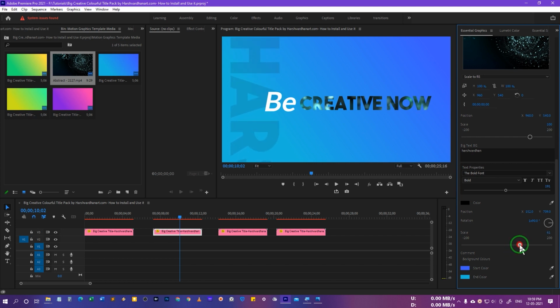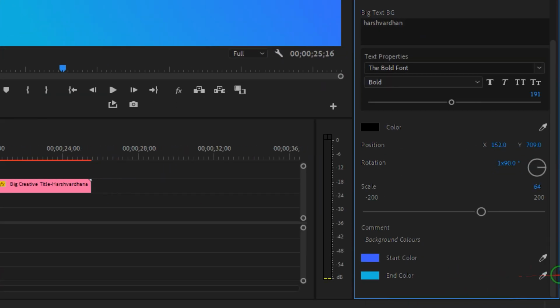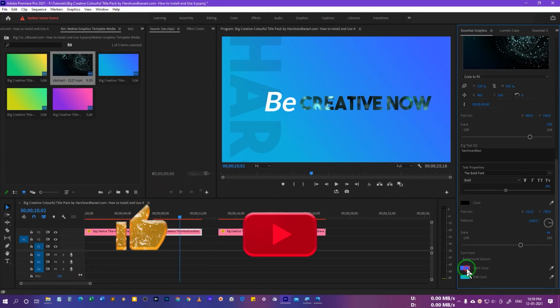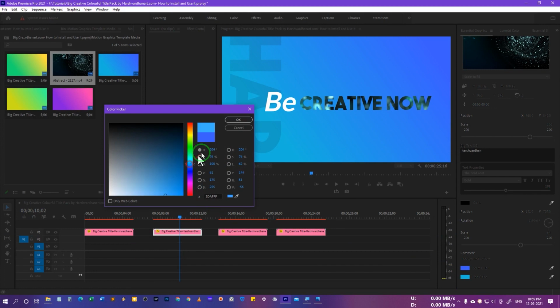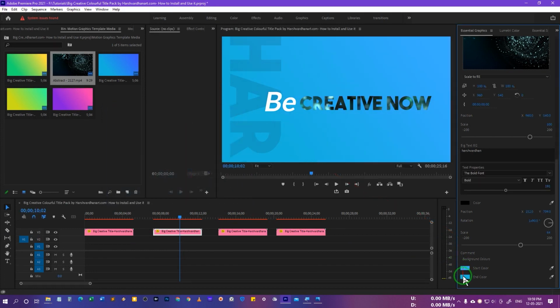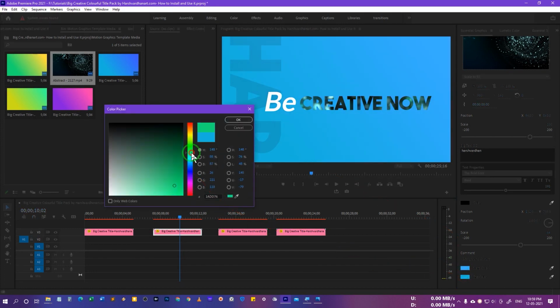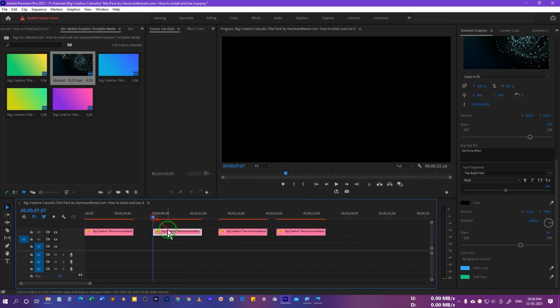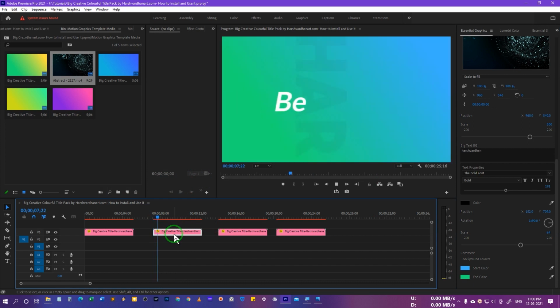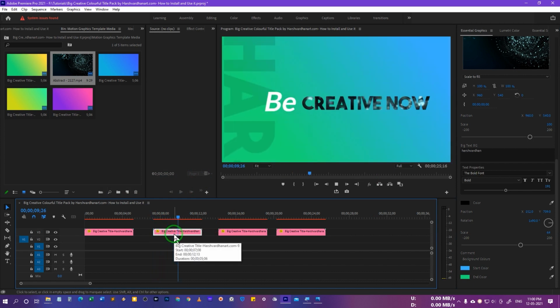And then we have the option to change the background colors as well. If you go to the bottom, you will see the start color and the end color. If we click on this, let's make it this color, and let's change the second color to something like this. Alright, now we have a different color. If we play it through, this is how it looks.